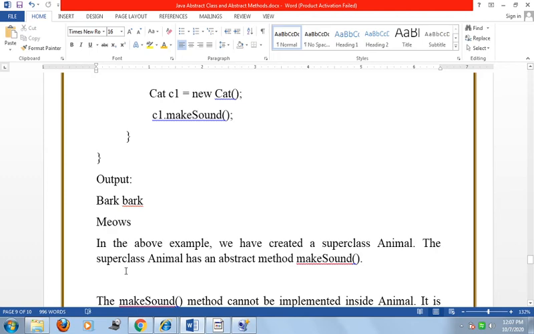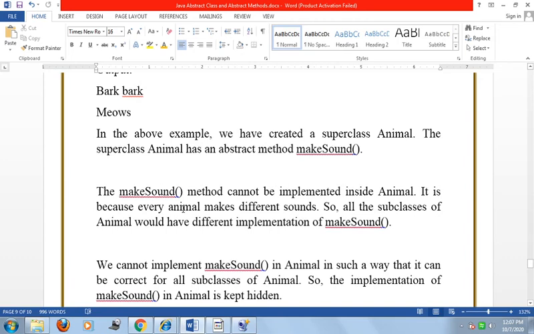So in the above example, we have created a superclass Animal, and the superclass Animal has an abstract method makeSound. The makeSound method cannot be implemented inside Animal because every animal makes a different sound. All the subclasses of Animal would have different implementations of makeSound. So we cannot implement makeSound in Animal in such a way that it is correct for all subclasses.